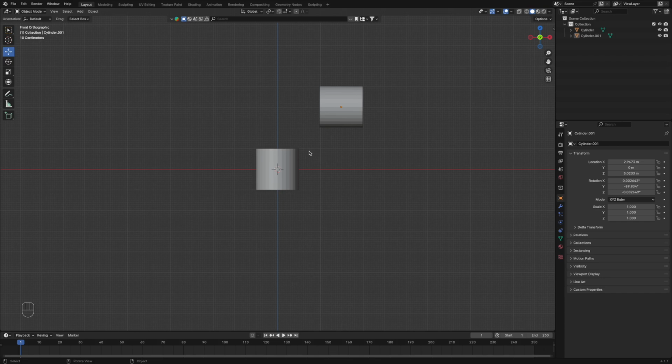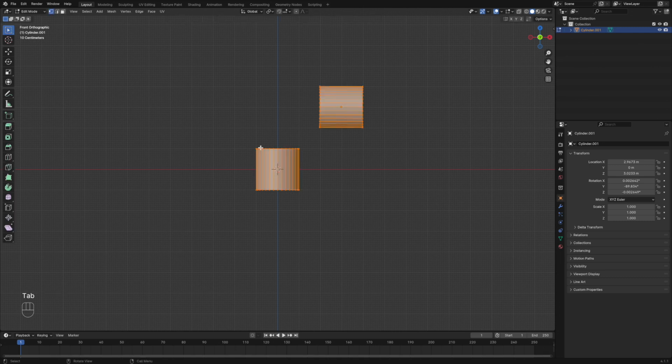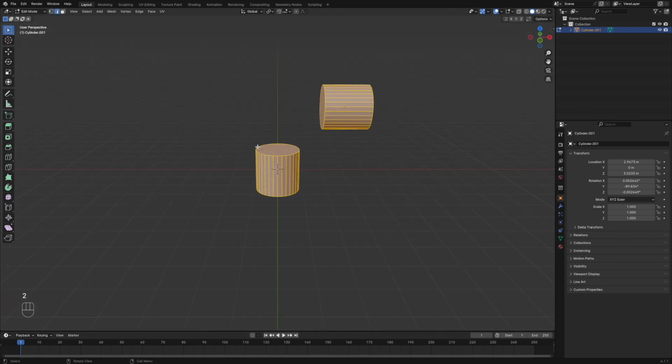In today's video, I'm going to be showing you how to bridge edges the easiest way. So what you want to do is select your two edge points, and then click Command J to join them, and then you're going to want to press Tab and then press 2, and then you want